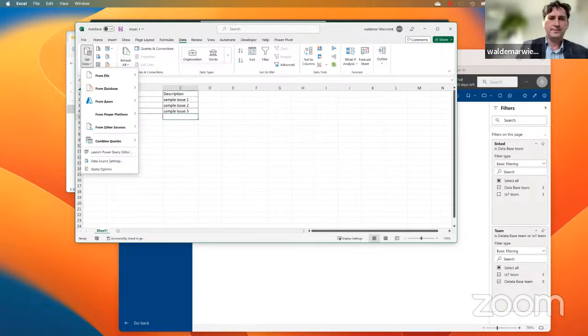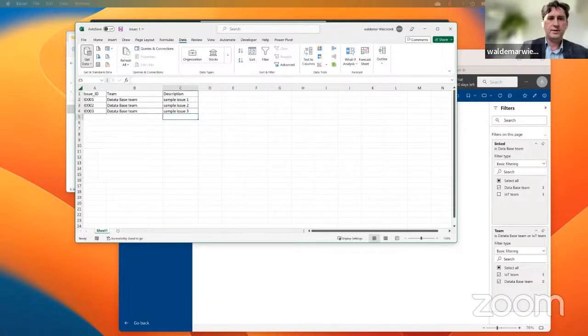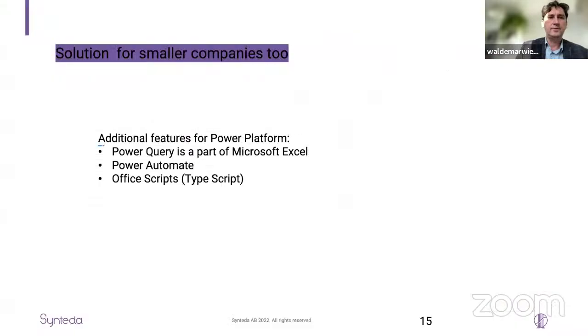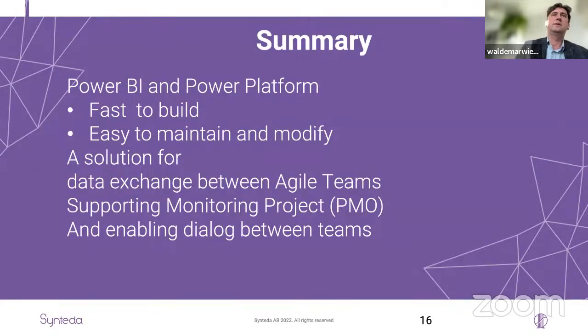Okay, so let's go back to the presentation. We are slowly coming to the end. Summary. So the main points. It's really fast to build. Easy to maintain and modify.